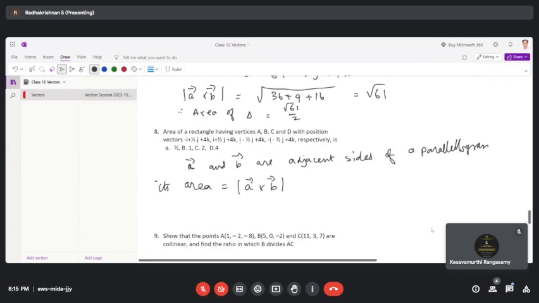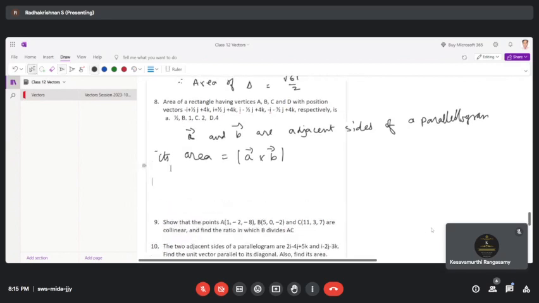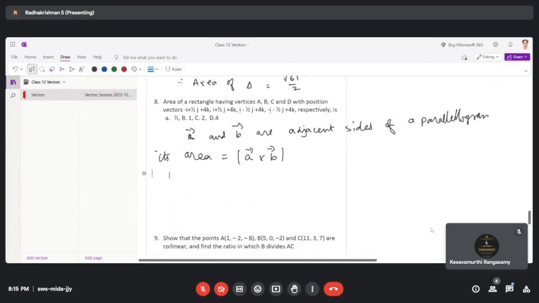So all we have to do is find out a couple of adjacent sides. So again, the same logic. Let's say the rectangle is ABCD. So we have OA, OB, OC, OD given. Those vectors are given, right? The position of the vertices are given. So from that you have to determine the sides. A couple of sides are all we need. Okay. OA is